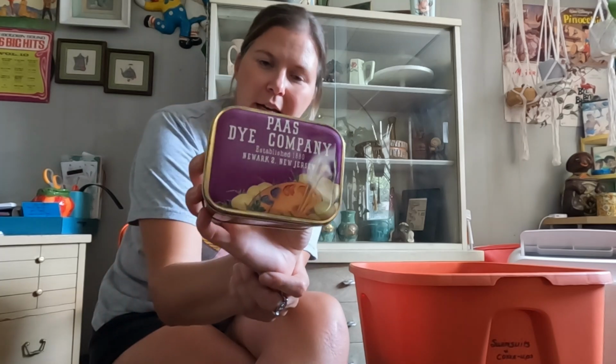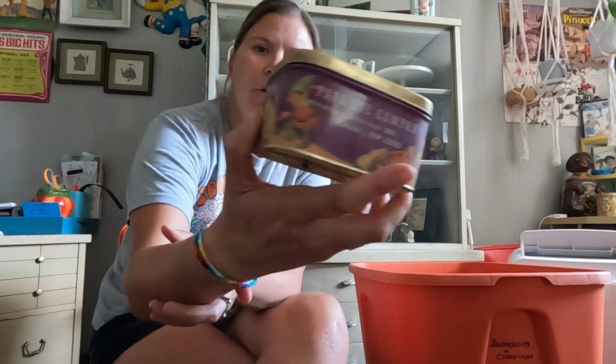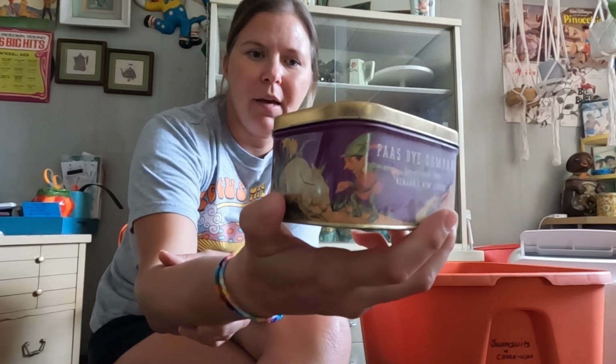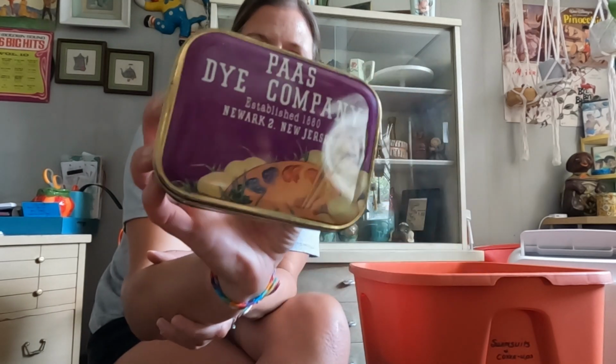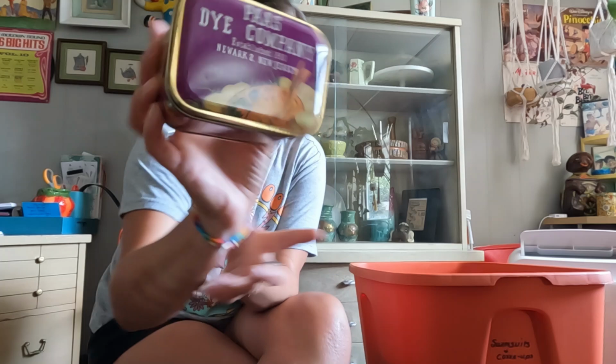Now this is something I've definitely never seen. It's the, I don't know how you say it, Paas egg dye company, the Easter egg dye company, and it had come in a little tin. I thought that was really cool. I like the little elfie guy there, talking to the giant bunny apparently, on this side. I've never seen that. It does say made in China. It says 1991, so it's not extremely old, like 30 years, but still,